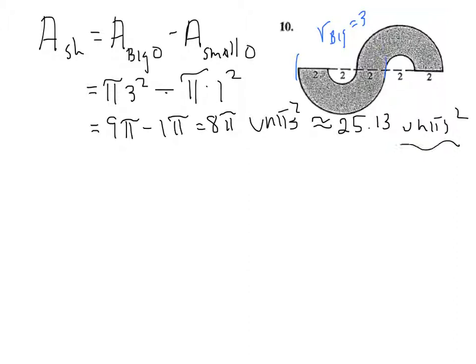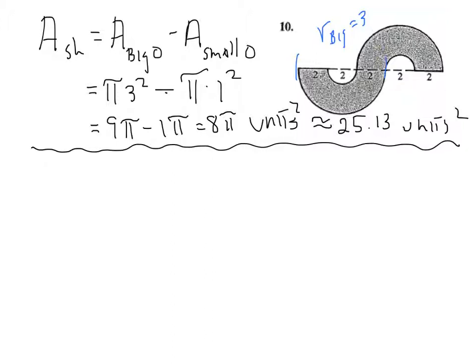Remember, what we used as our main approach for this is that we slid the bottom half under the top half and said, oh, what we have is a complete big circle and a cutout missing portion of it in the center. So oftentimes the area of a shaded region can be found by finding the area of an entire region and subtracting out the part that's missing. That may be easier than doing some other process,